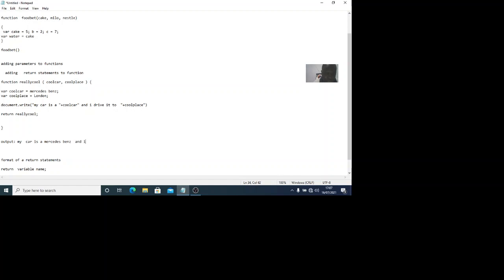And I drive it to London. Do you get it? Good. So I have explained the return keyword to you. Do you get it? This is the format of the return statement. Return keyword is here. Variable name. Good, here. So here it's returning what